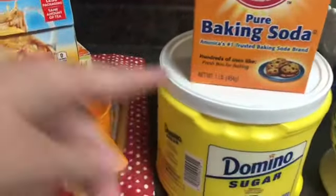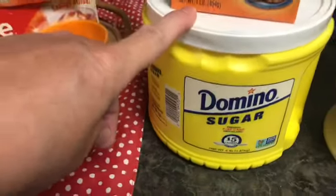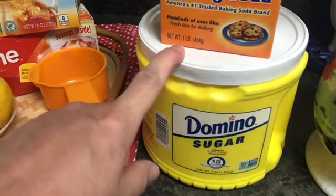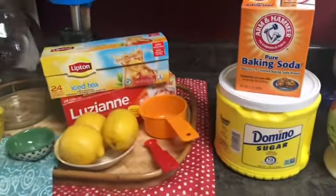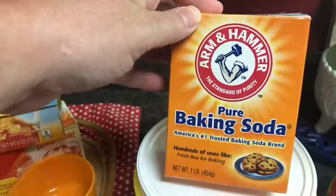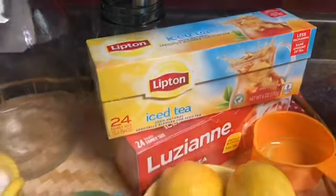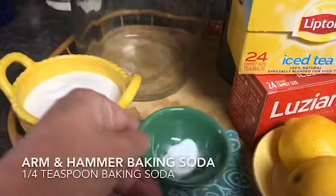And on the sugar, I grew up hearing that Domino sugar is the best for sweet tea. I don't really know how much truth there is behind that, but being a good Southern girl, I still abide by the same recipe I grew up with. So I tend to always try to get the Domino sugar and the Arm & Hammer pure baking soda and the Lipton or Louisiana tea bag. Measured out a cup of sugar,